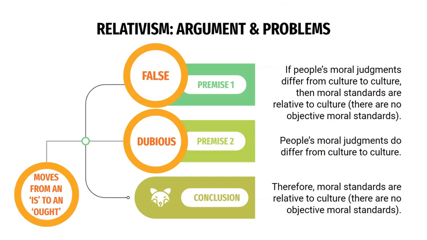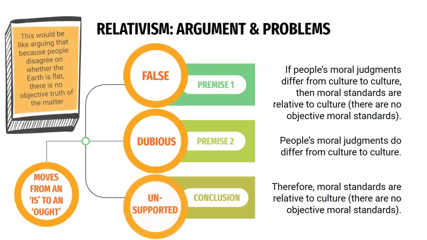Now, we might respond to that by saying, yeah, that might be true, but we're just pointing out that the mere fact that people disagree doesn't establish that there are no facts. So we are pressing the relativists to establish why the fact that people disagree establishes that there cannot be any such thing as objectively shared moral values. That's the problem that the relativist has to account for. Yeah, so there's my example.